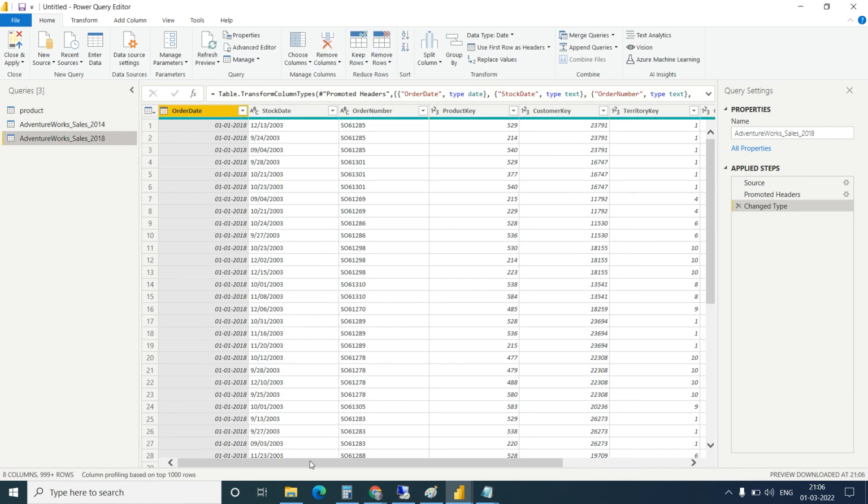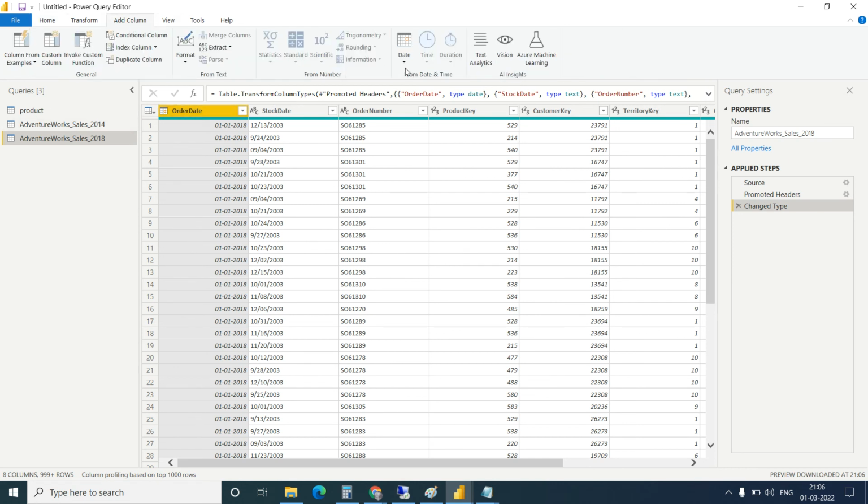Okay, so now let's extract the date. How to extract the month from order date? Click on order date and go to add column, click on date, month and name of the month.